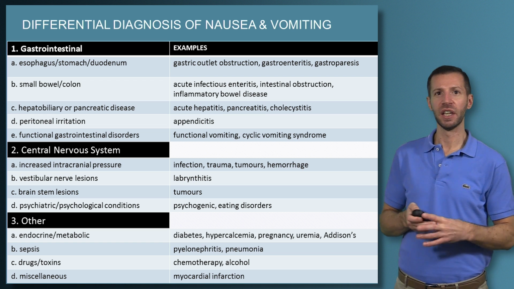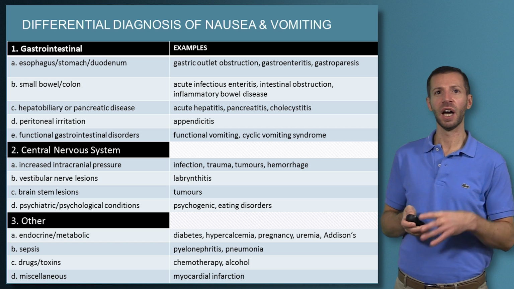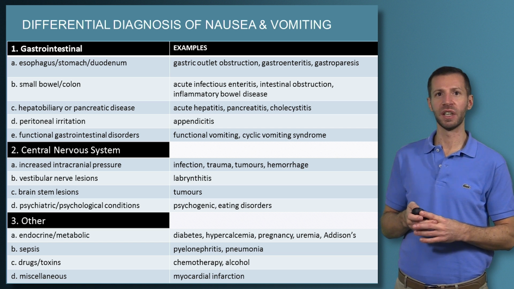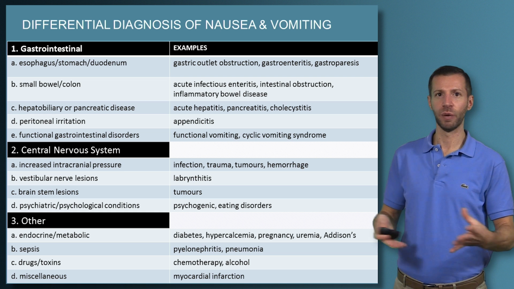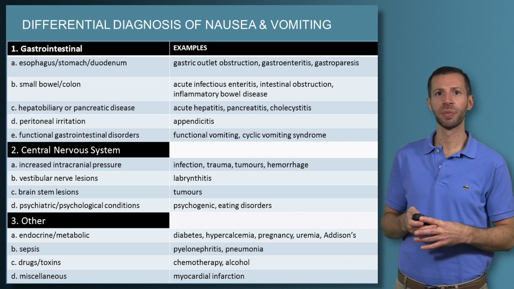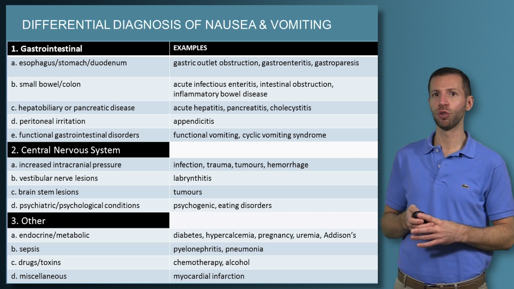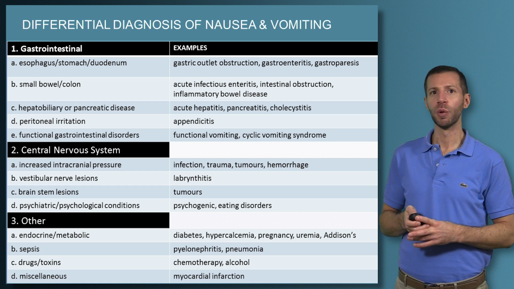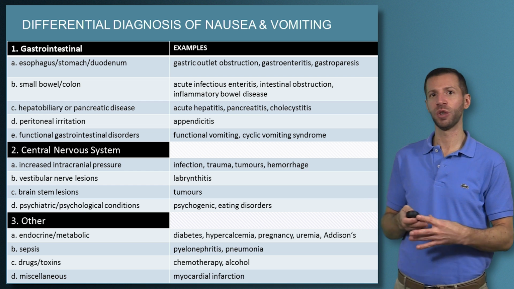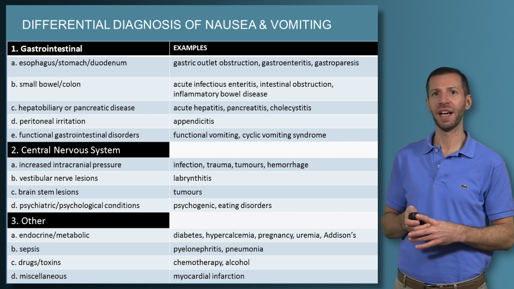and colon. Then you have other organs that contribute to your gastrointestinal tract, including the liver, the biliary tree, and the pancreas. You have what surrounds the abdomen and the gastrointestinal tract, which is your peritoneum. And then another category, which is called functional gastrointestinal disorders, which you'll learn about in a subsequent self-learning module, which are basically disorders of the gastrointestinal tract that are chronic and without any obvious structural or biochemical abnormality.